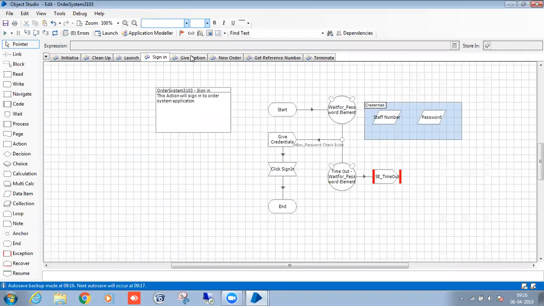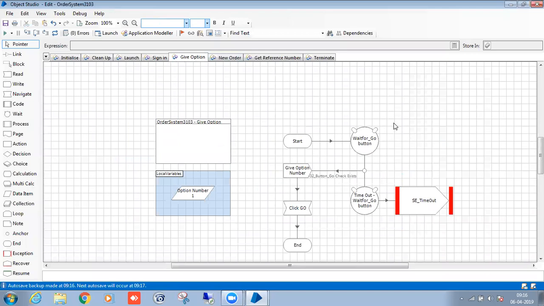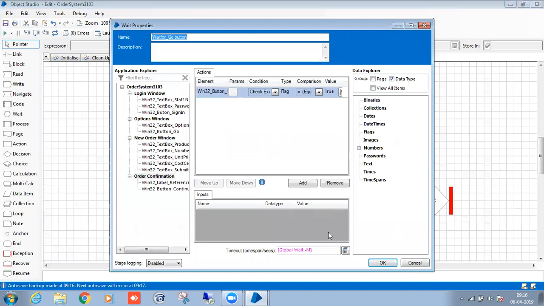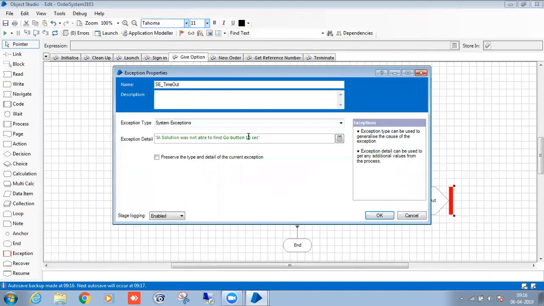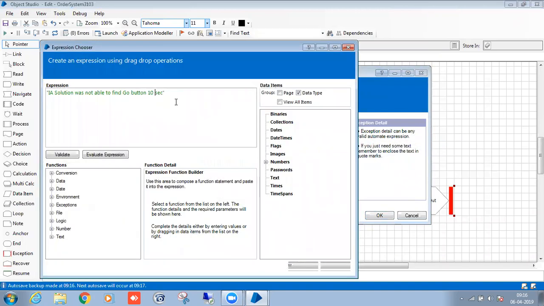Done. So like this we have to implement for all other pages, sub pages. So here also I have given the hard code value like 10. So here also I need to pass the, remove that, put double quotations. So whenever we are adding the data item, it should be in between the and symbol.